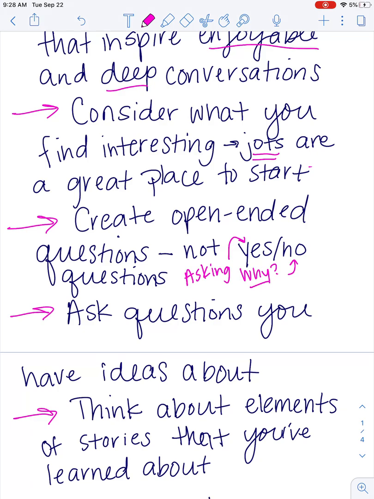So you can think about any of those elements. If you're really stuck, a place to start is to ask a question about character. Then ask, do I want to ask a question about the main character, a different character, or a relationship between characters? Then you can form a question from there, based on some of the elements that we've learned about.